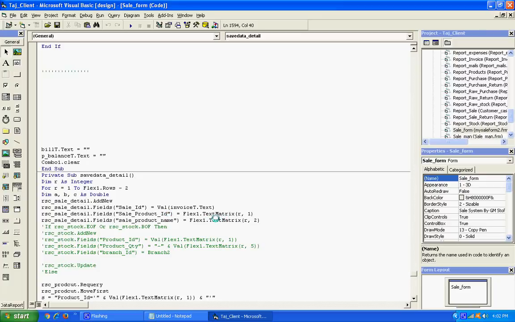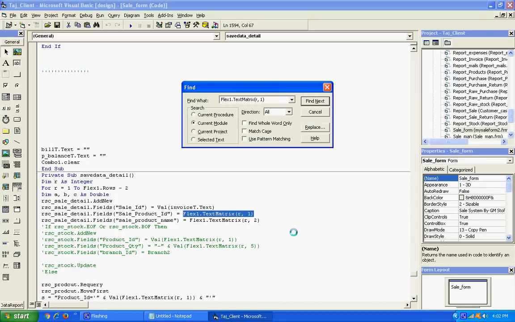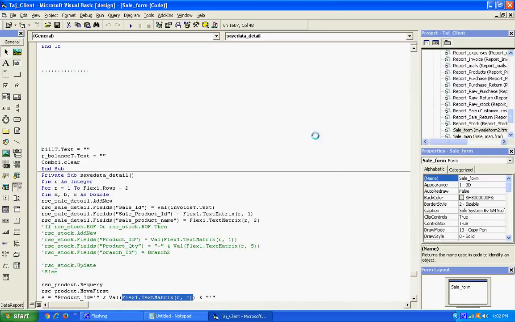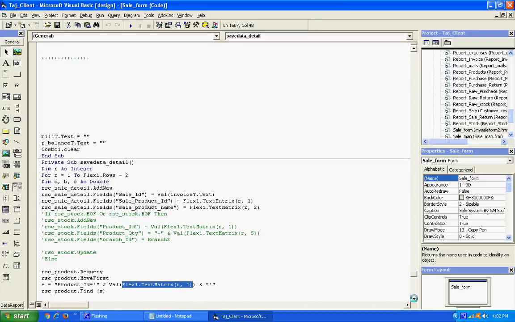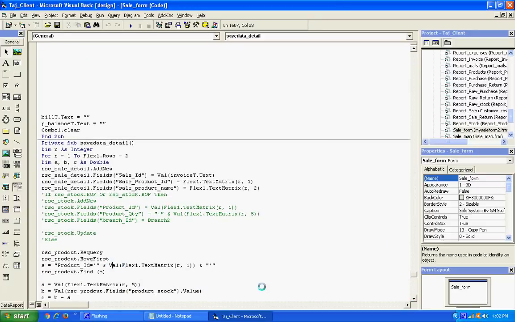We have some issue in this part. We are going to find this part. This is not working. This is the Val function that gave us the issue.